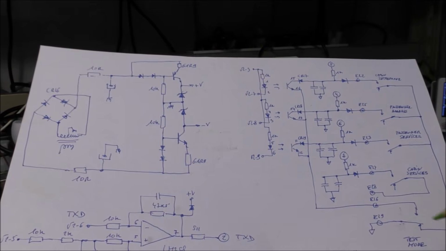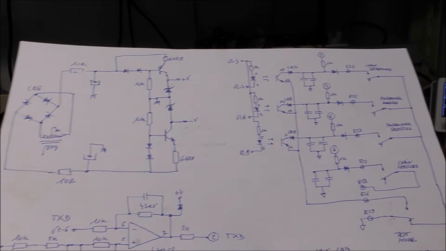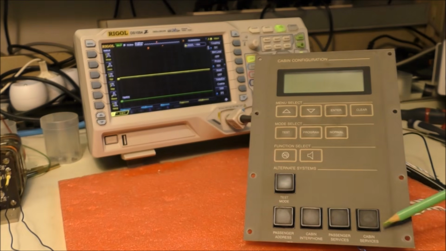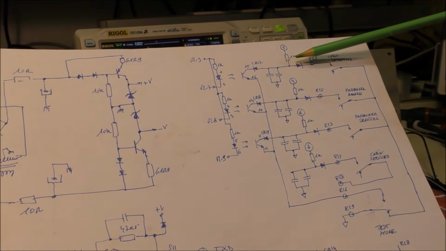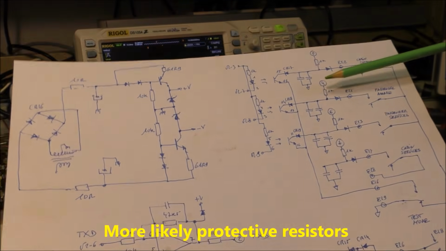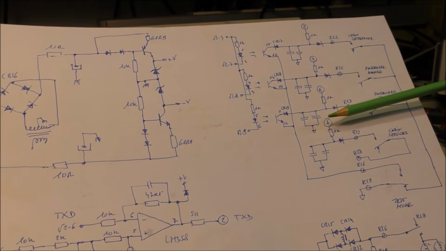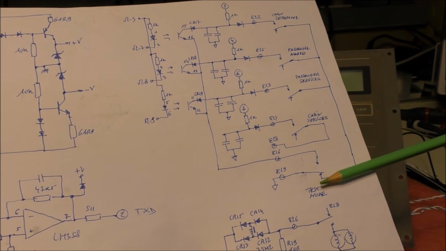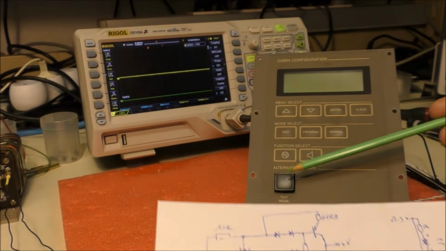Now we can see here the reverse engineering of the interface board. We can see here the 4 switches. This is the 4 keys on the bottom here. We can see 4 pull-ups here. Each pull-up is connected to the sub-D connector. This case can be invalidated by the test mode button here, this one.